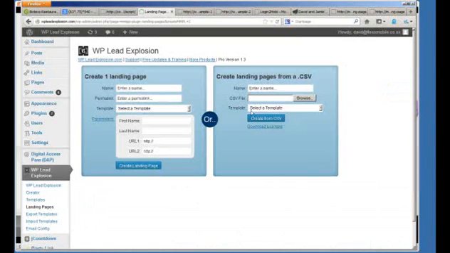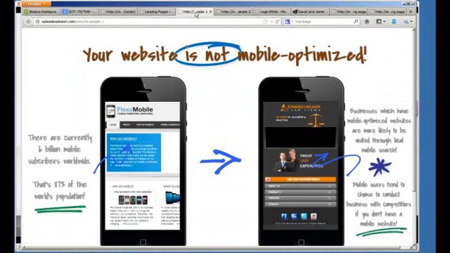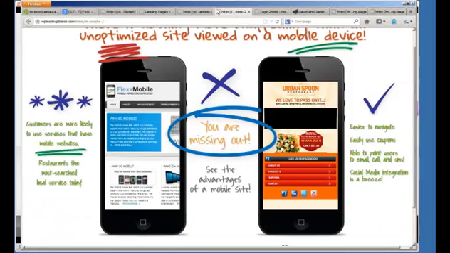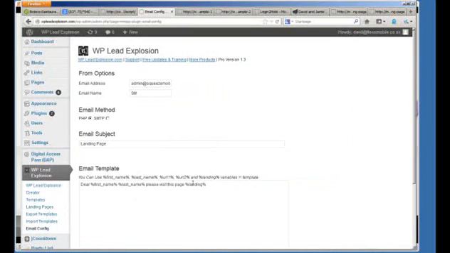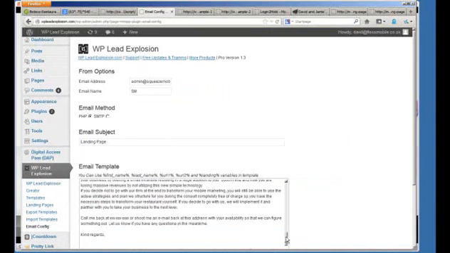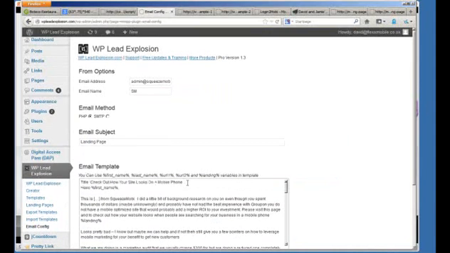And then you uploaded it here, selecting a template that you're going to leverage, one of these, okay? And once you do that, you've mass created all your landing pages. Then you just gotta do the email config so you can now mass email them. Basically, I'm just gonna put that script in here. It's already pretty personalized, and it's gonna have their personal landing page in there as well. So that's pretty big. That's pretty huge.